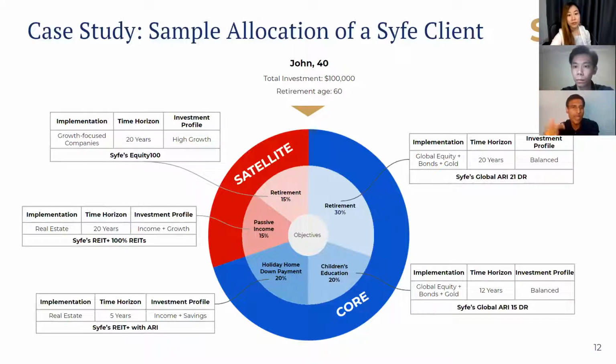But given that these are high risk portfolios and there is no downside protection to these, what he does is on a monthly basis, he saves, say, $4,000 a month. He can put $2,000 into Equity 100, $2,000 into REIT 100, and just keep growing it and keep dollar cost averaging, right? So if you really want to do a good job of thinking through your investment in a proper manner, it really can be done.